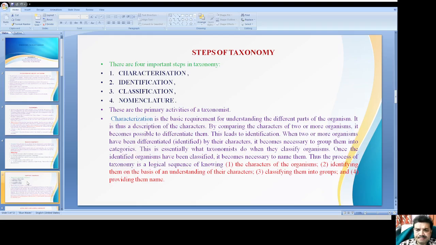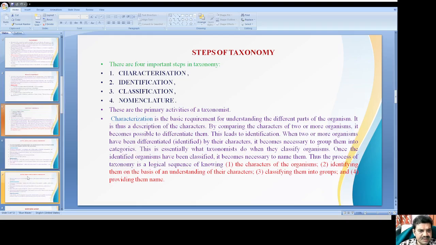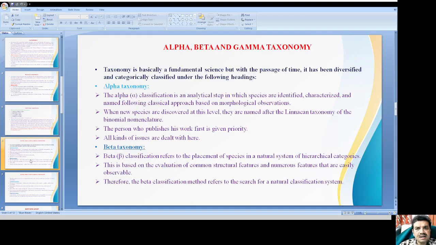And during this time, the characters of organisms in general, and plants in particular, are of great interest. Then, on the basis of similarity and dissimilarity, the identification of those characters is taken into account to make certain homogeneous groups. Then it is followed by the classification, and ultimately the names should be given in these particular aspects. After this identification, you can see that these characterizations have been taken under different dimensions, and these